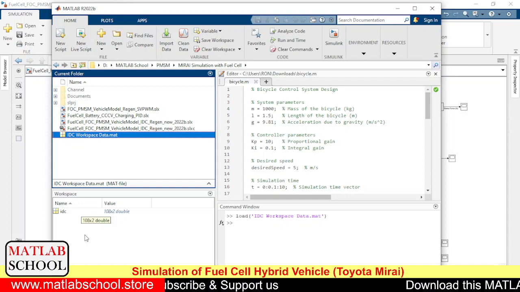And here we have the transmission. In the transmission, we have a gear, and these are the inertia sources. Here we have the vehicle model. To this vehicle model, we have connected four